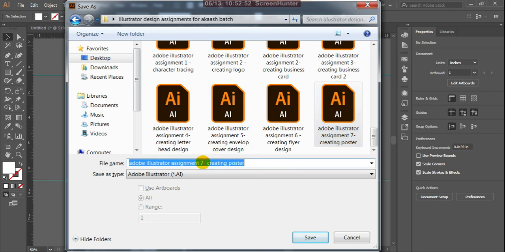This is the 8th assignment, creating brochure information and page setup.